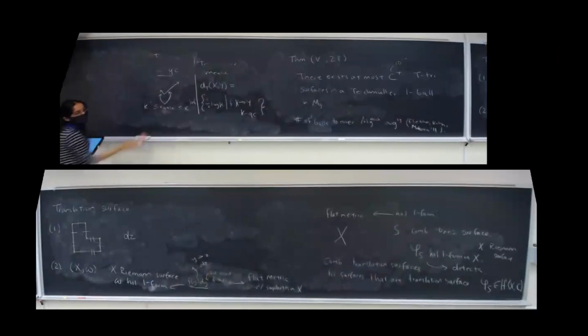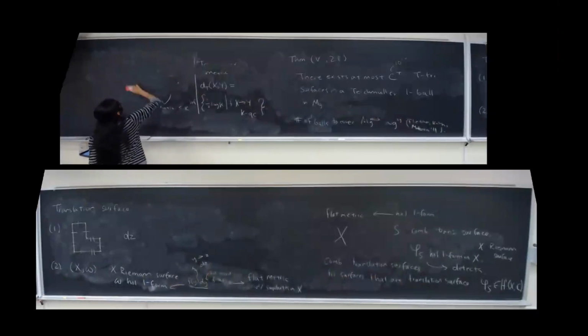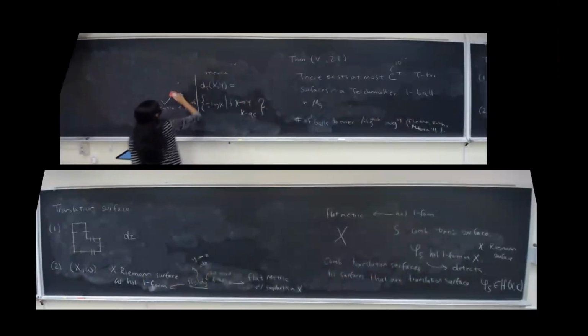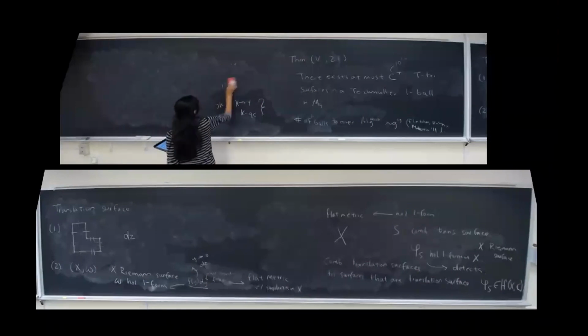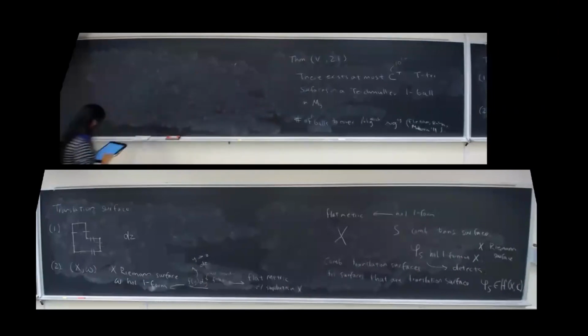What do you mean, you're going to count cohomology classes? Yeah, we're going to count cohomology classes when we count surfaces that are in a particular cohomology class also. Yeah. So let me just explain a little bit of